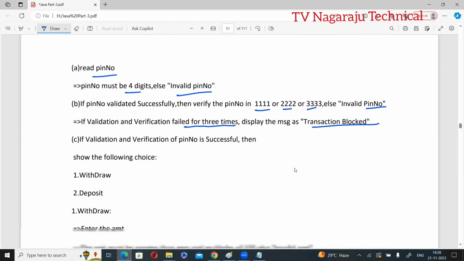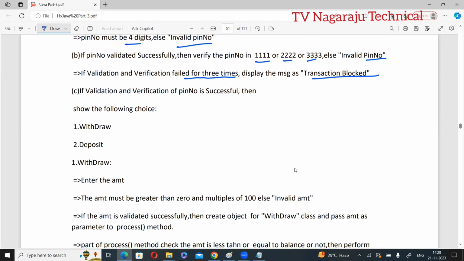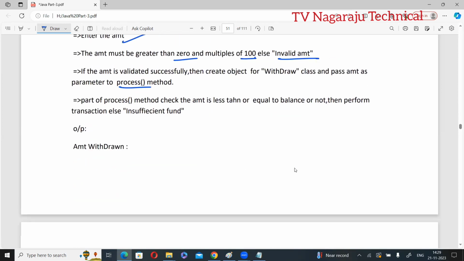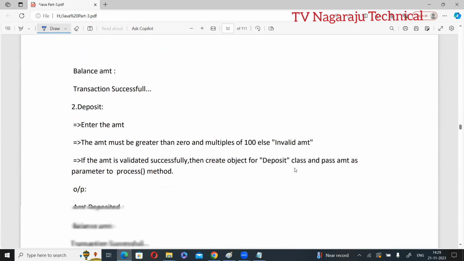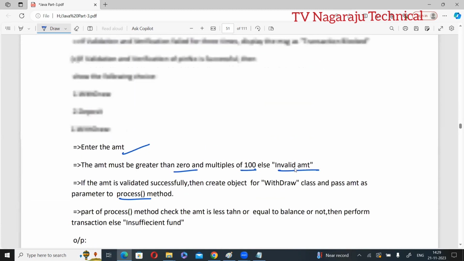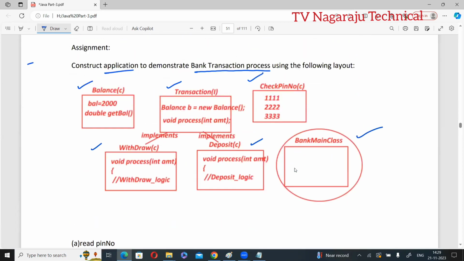Suppose it is successful, then you can do either a withdraw operation or a deposit operation. If you want to do a withdraw operation, you need to enter the amount, and if it is greater than 0 and a multiple of 100, then okay. Otherwise, invalid amount. And then they have given to use the process method, and finally print this. If you are using deposit, the same process. Okay. Now, according to the given layout and the constraints, we are going to write one Java